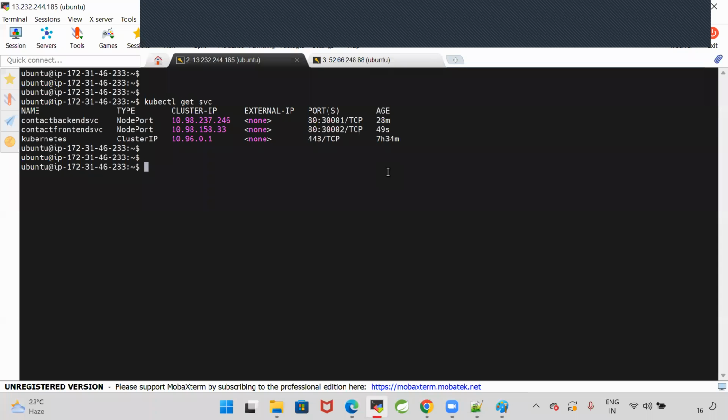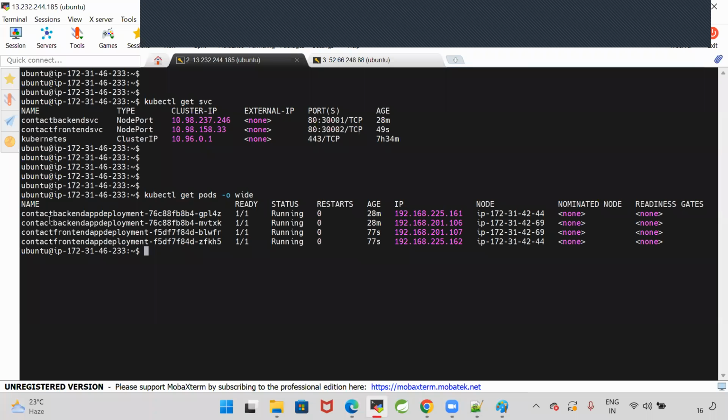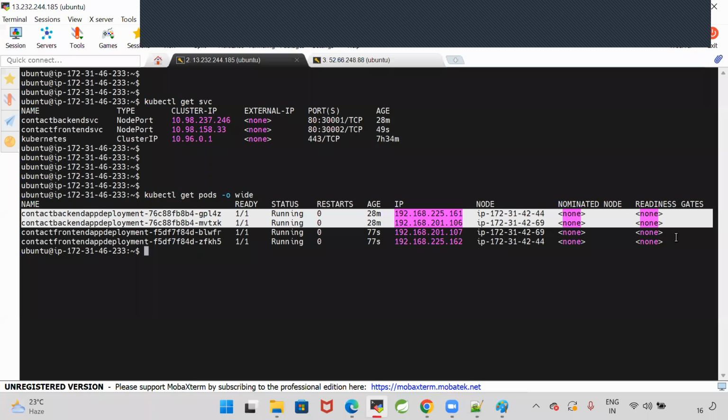Okay, guys. Now let us see where the pods are running. kubectl get pods -o wide. Now, if you observe, the first two are the backend pods. One pod is running in the first worker node, one pod is running in the second worker node. Same thing for the front end pods also, they are distributed to two worker nodes. So this is one pod running in one worker node, and this is the second pod running in the second